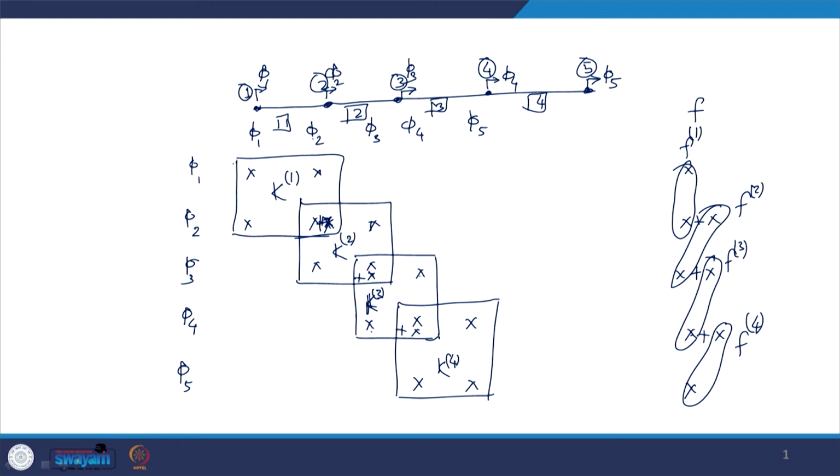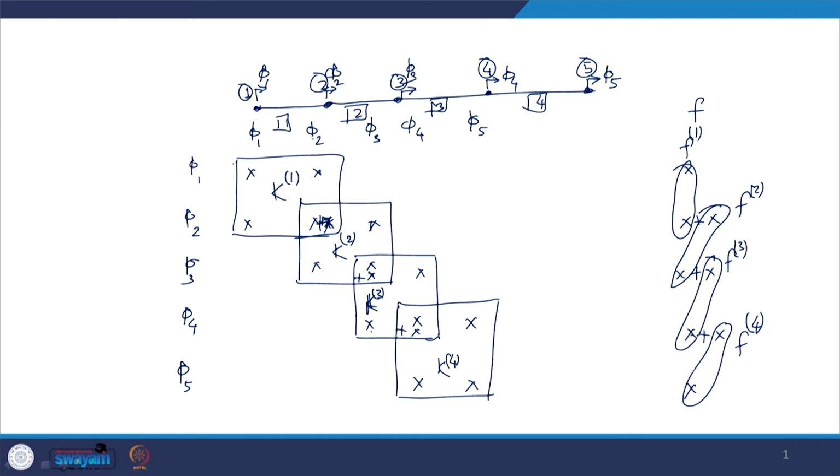Similarly, for element number 3 it is K 3, phi 3 is common, F 3 is common. So, these two terms get added up, and from the fourth element, degree of freedom 4, phi 4, is a common degree of freedom. So, this term gets added up with the contribution from the third element